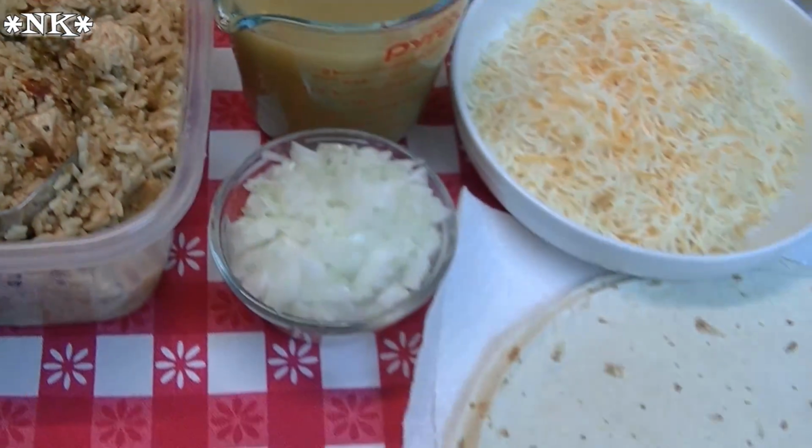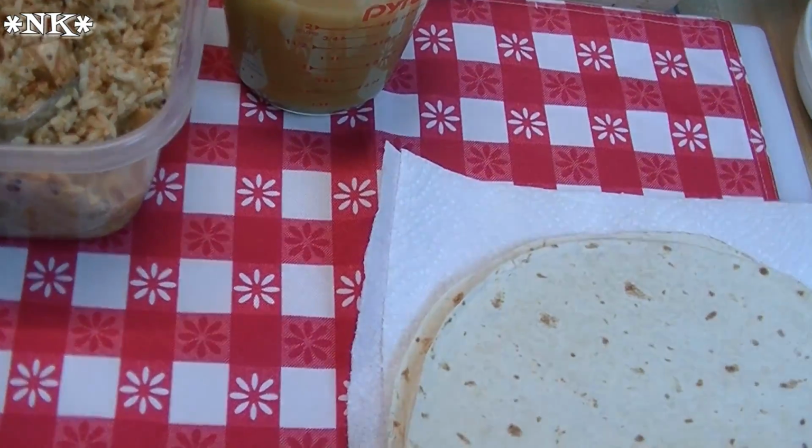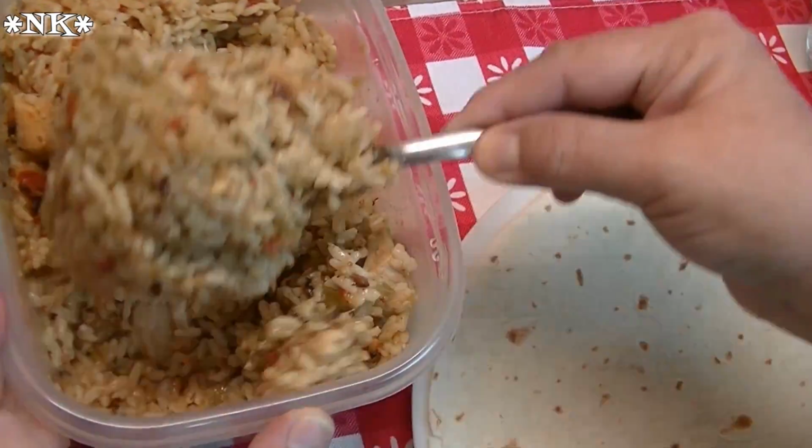So now we're going to go ahead and we're just going to start to make these burritos. All right. I'm just going to get a healthy...